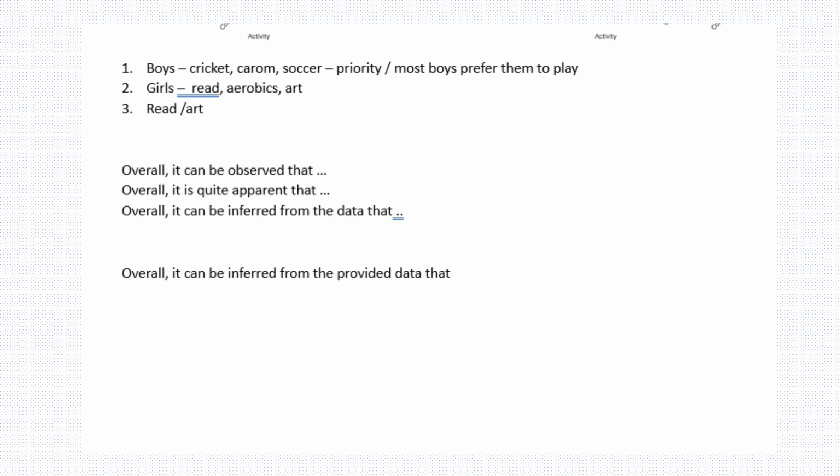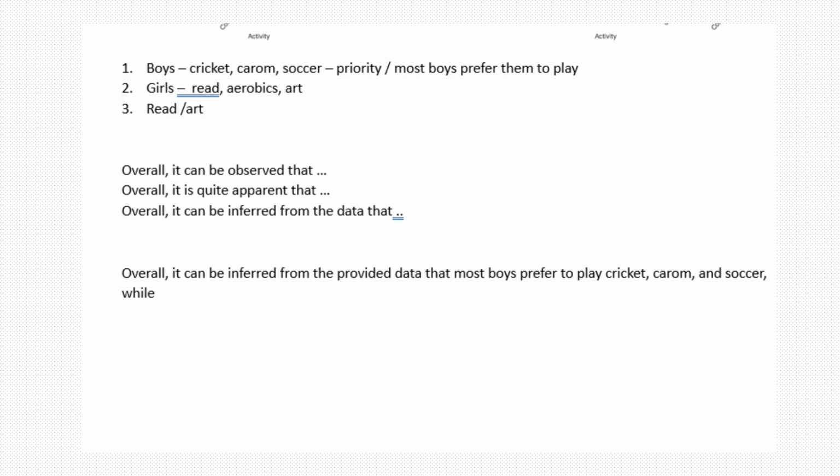And what can be inferred? It can be inferred that most boys prefer to play, or to take part in, cricket, computer games, and carom and soccer,